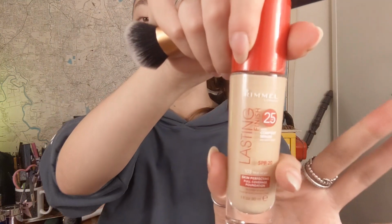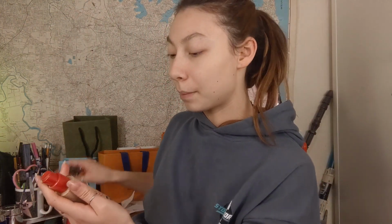This primer is actually really nice. It's pore filling, it's smoothing, it sets a nice base. I'm going to go in with some foundation now. I'm going to be using the Rimmel Lasting 25-Hour Foundation. It's a really good one. I'm wearing the shade